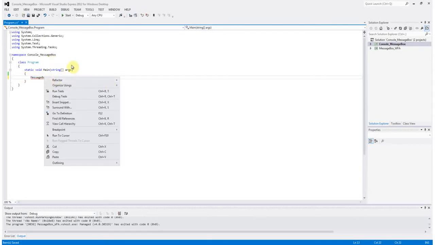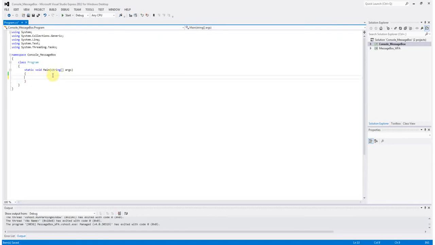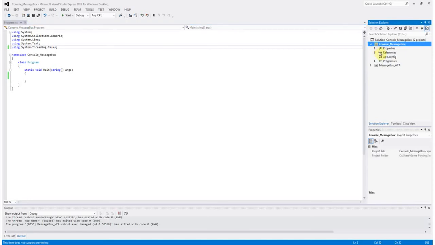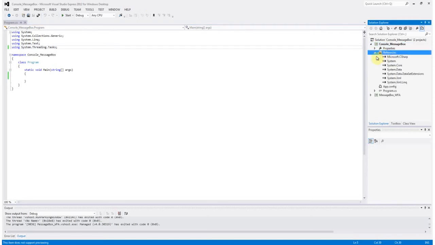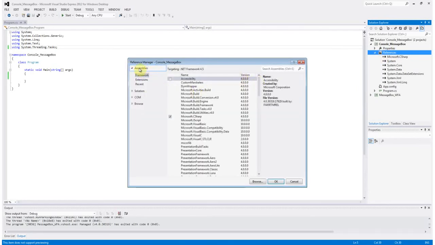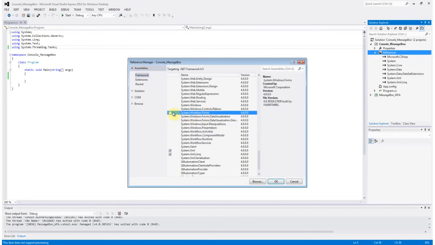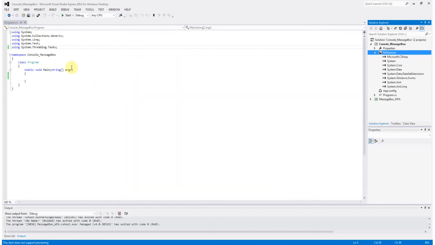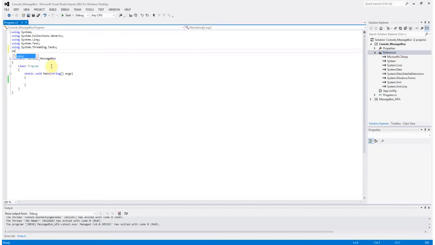Right, how do I explain this? The library for it is System.Windows.Forms, but it's not there. That's because when you create a console application, they don't add it within the references. So if you desperately need to use it in a console, you just right click on the references, add a reference, go to assemblies, framework, scroll all the way down to the bottom where System.Windows.Forms is, select it, press OK, and now you can type in